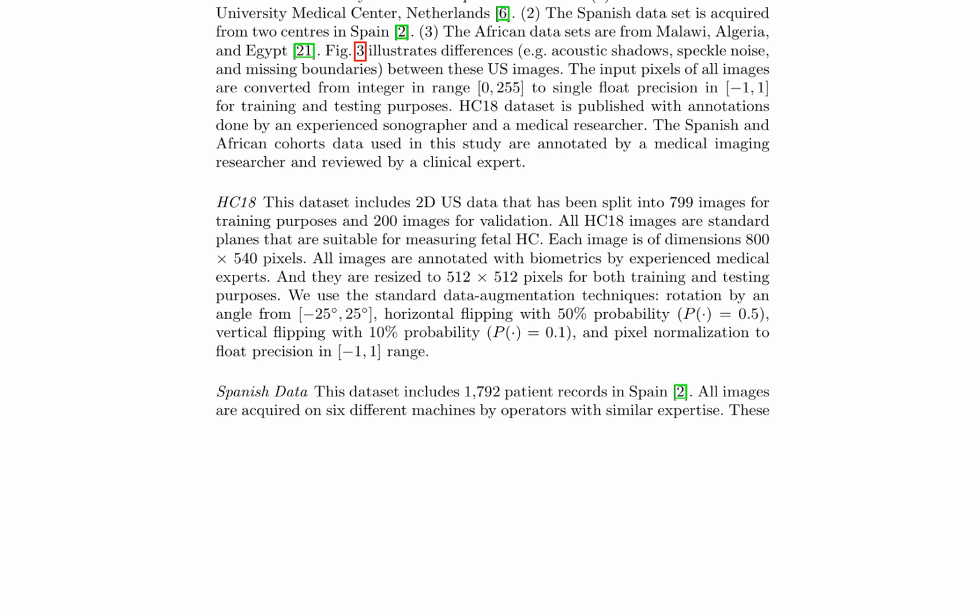The Spanish dataset includes 1,792 patient records, acquired on 6 different machines by operators with similar expertise. The study assesses the segmentation performance of the model on both the Spanish and African datasets to evaluate its generalizability in HRS and LRS, respectively, and examines the impact of varying sizes of training data on the performance of the